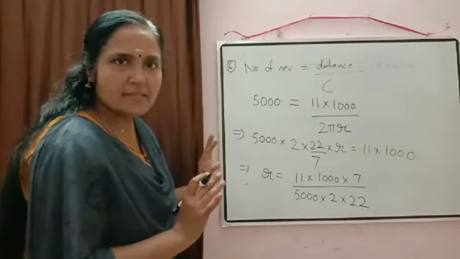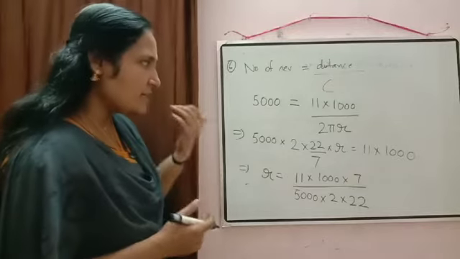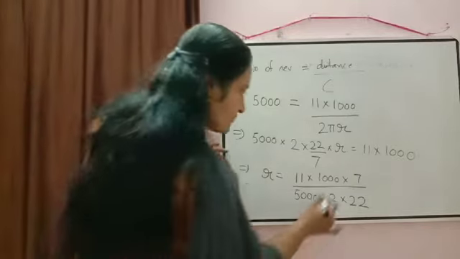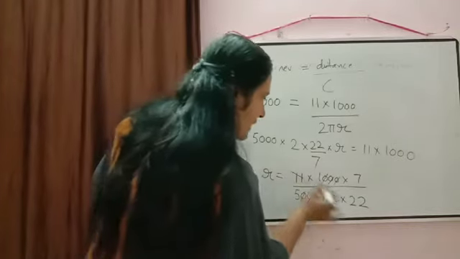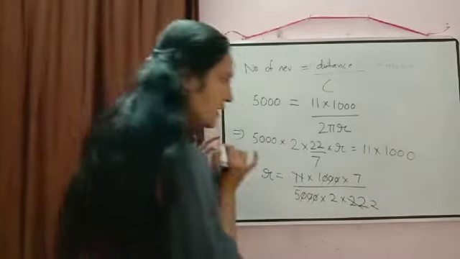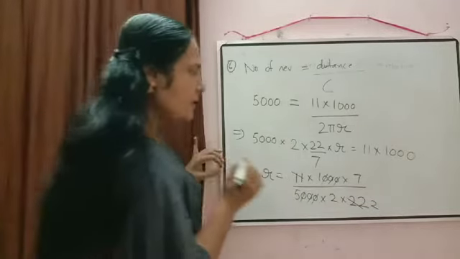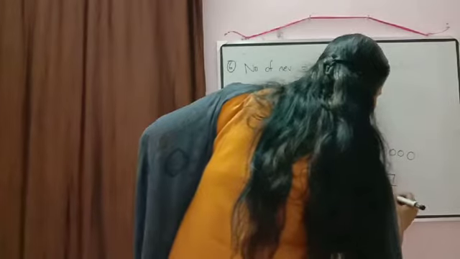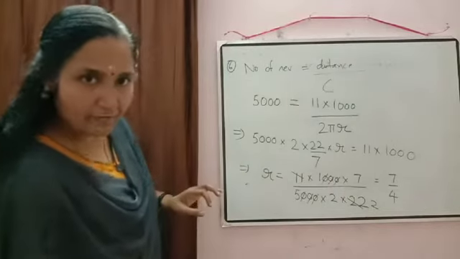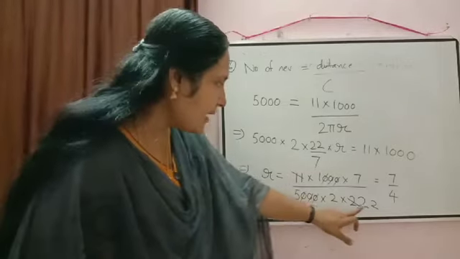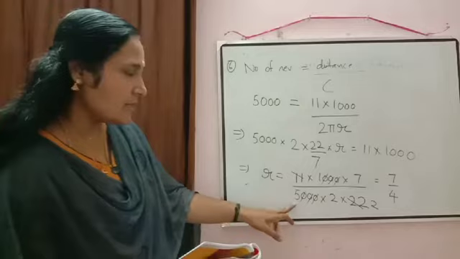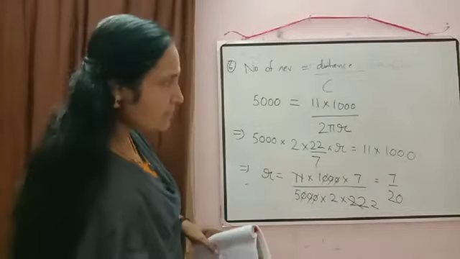Clear how we have done this? Okay. Now check whatever cancellations we can do. Here the zeros will get cancelled. Then which one will get cancelled? 11 and 22. 11 2s are 22. Will any other thing get cancelled? No. So what are we getting here? Radius is equal to 7 by 4. Again read the question there. Radius 7 by 4 and then 1 5 is also there. So it will be 2 2s are 4, 4 5s are 20. So we are getting radius is equal to 7 by 20.